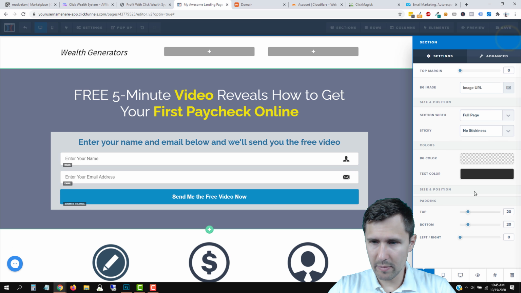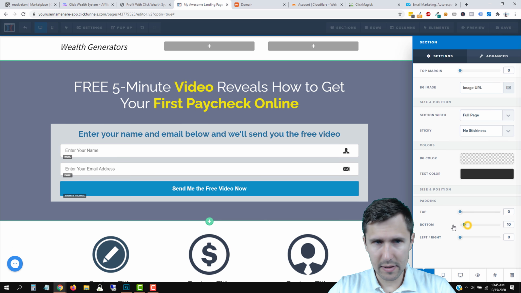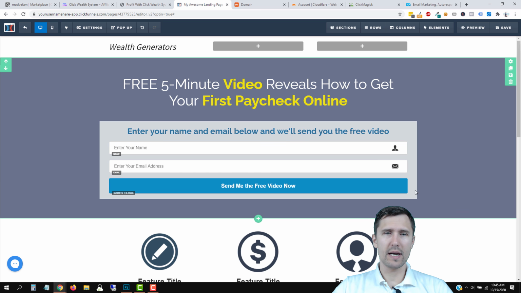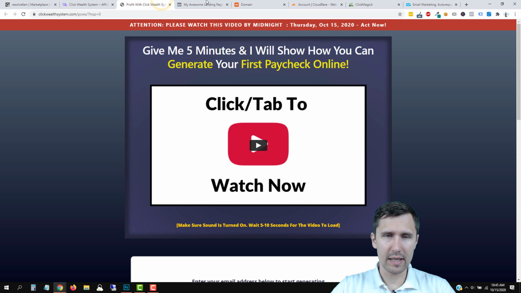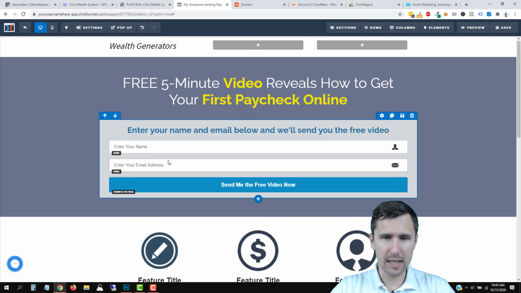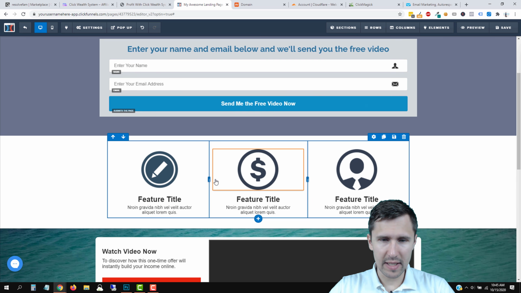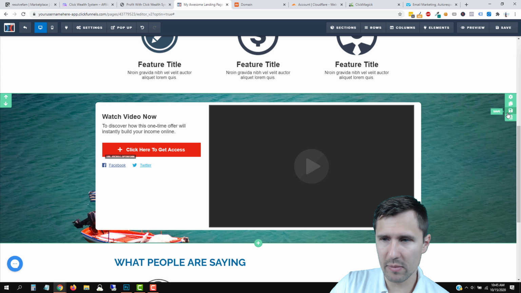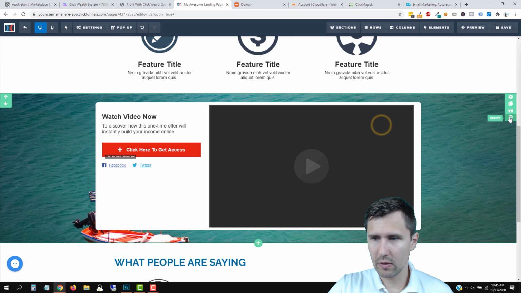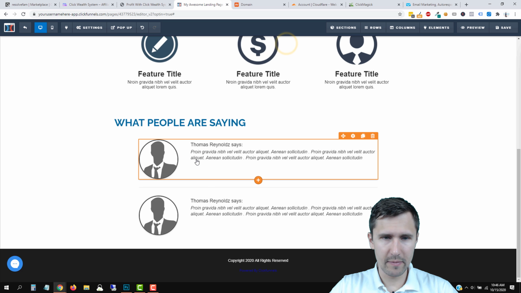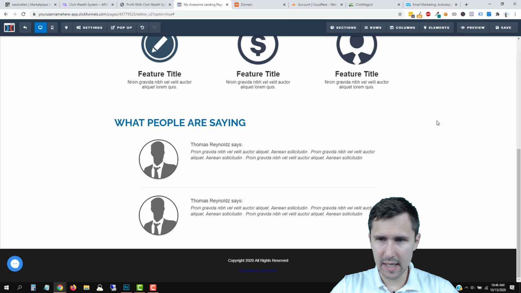Let's remove the padding from top and bottom so it looks better. Okay, so that looks better to me. It doesn't look exactly like this, but that's okay. Looks similar enough. And then over here we can add some things. So we could remove this. Oops, we don't want to save that. We want to remove this. We can have what people are saying. We could maybe,